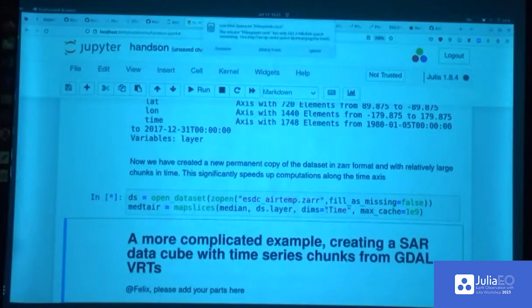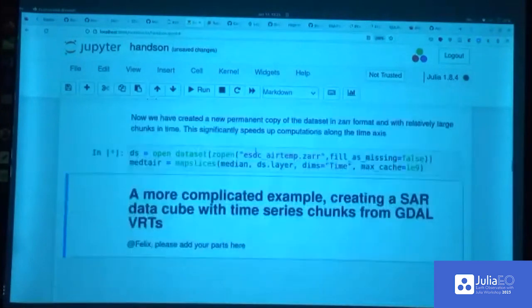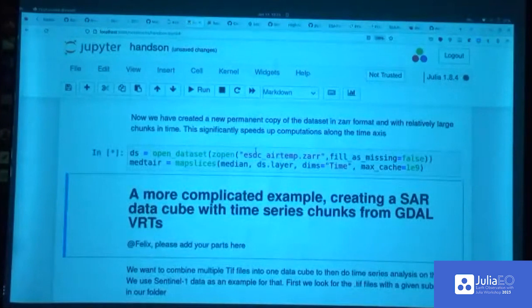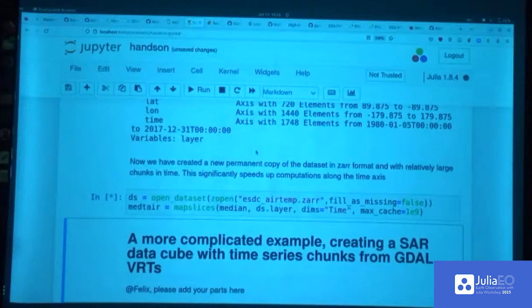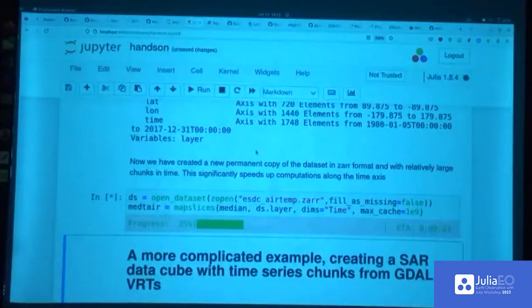Should be that, right? So this should show a progress bar, hopefully. So yeah, you see here it's